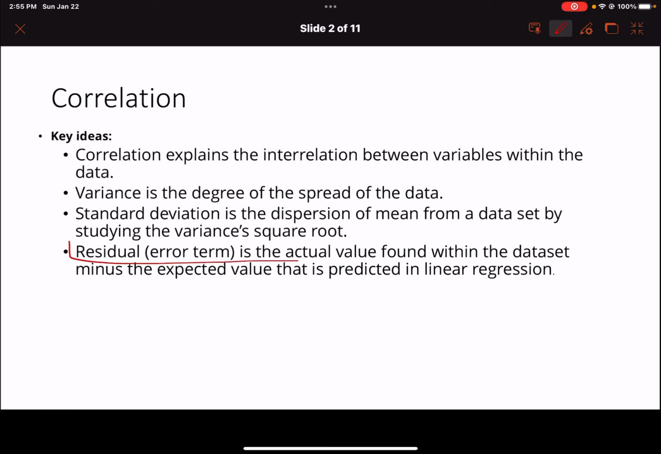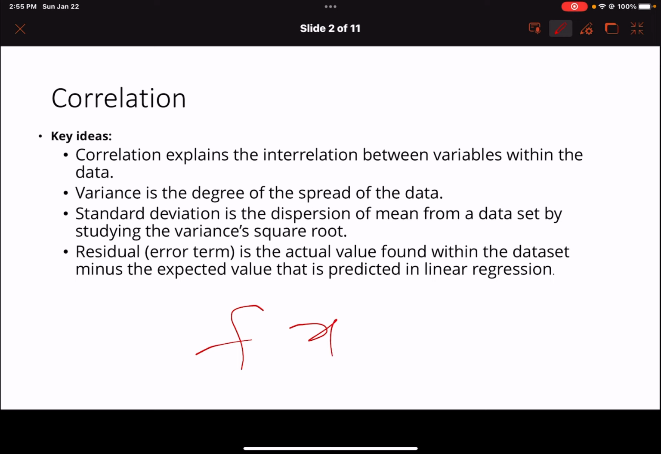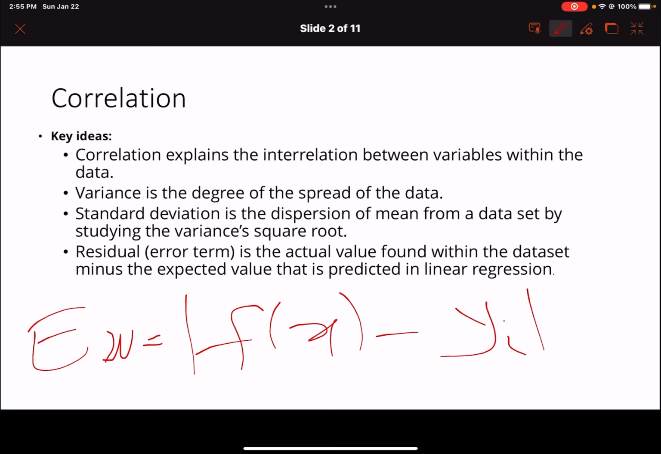the residual term or the error term is found within the data set as the actual minus the expected. So the function of x minus y of i, and we take this. So this is your residual term. As we discussed